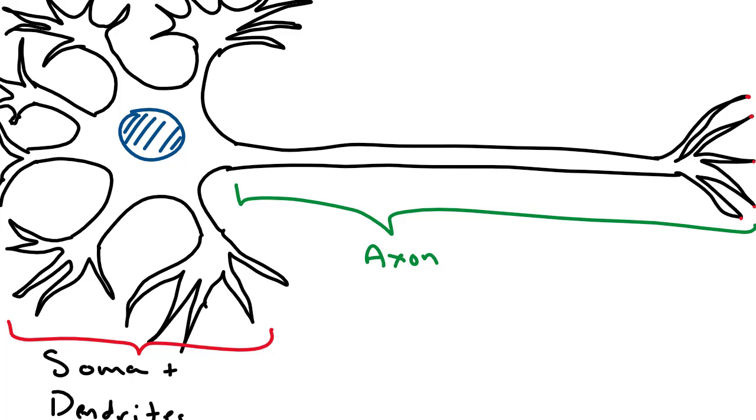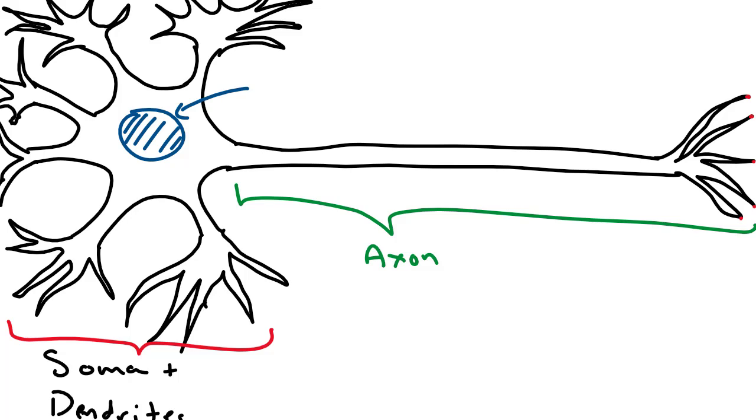Okay, before continuing, we're going to go over a few things and then continue with the study guide. So here I've drawn a picture of a neuron, and we have the soma and dendrite and the axon. And in the soma and dendrite, you can see there's the nucleus that I have drawn as a circle and shaded blue right here, right? And the axon, which is a protrusion that comes from the soma and dendrites, and it extends